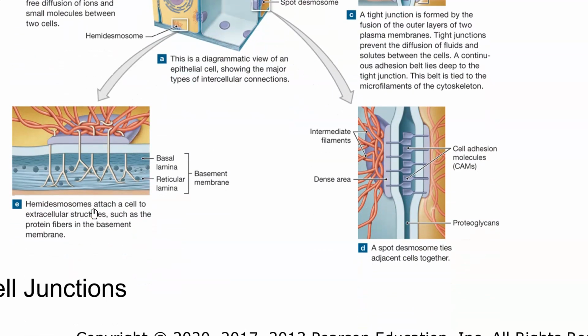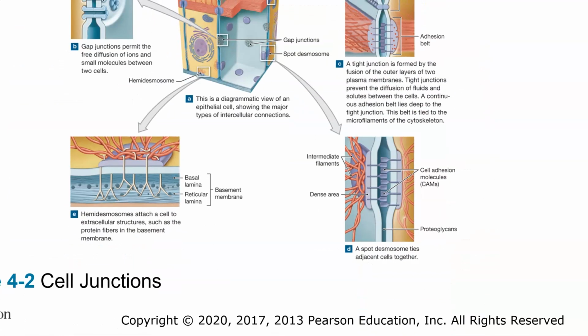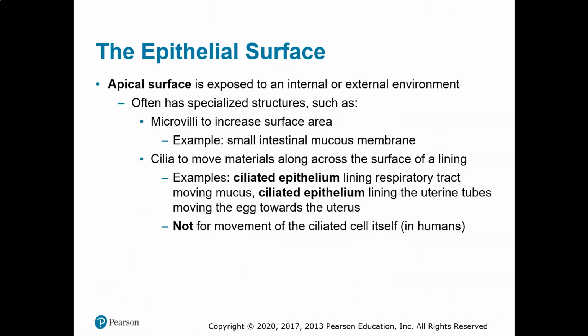All right, I think that's it. So let's get smaller. The apical surface is the surface that is not attached to any other cells. It's exposed to an internal or external environment. Sometimes it will have folds called microvilli that function to increase the surface area. For example, in the small intestines,